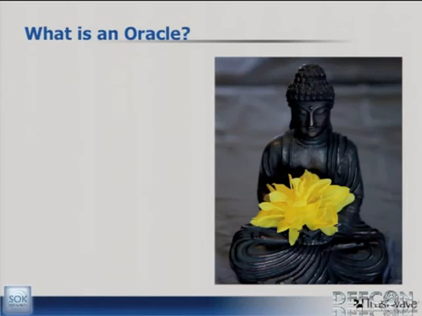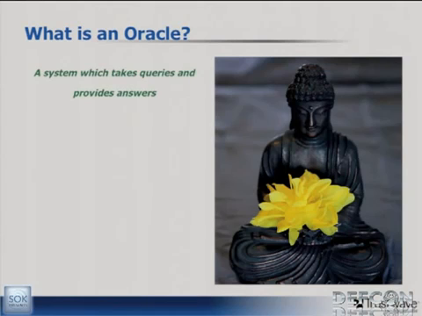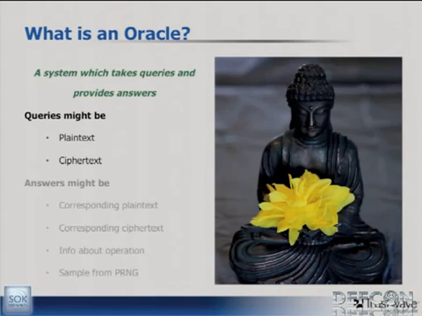So I've said the word Oracle several times, and now I'm going to give you a vague and generalized definition and then clarify a little bit. So an Oracle is any system that takes in user input, processes it, and gives the output. Now, when we're talking about that in the sense of cryptography, we're talking about taking in plain text or ciphertext and then usually encrypting or decrypting and leaking something about that operation,